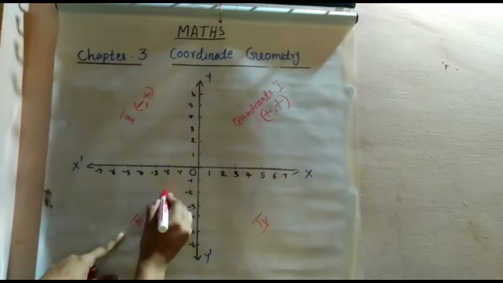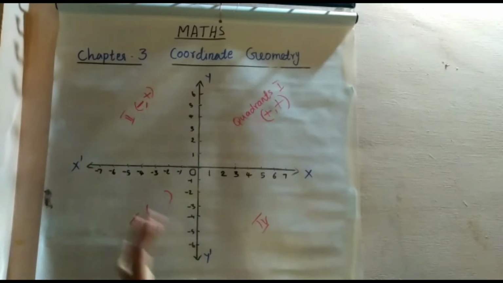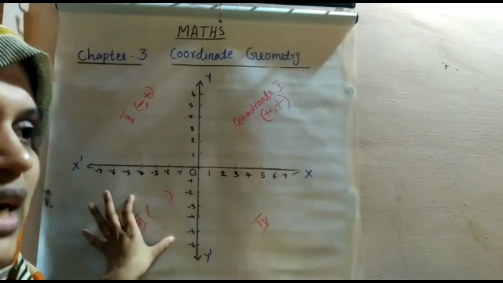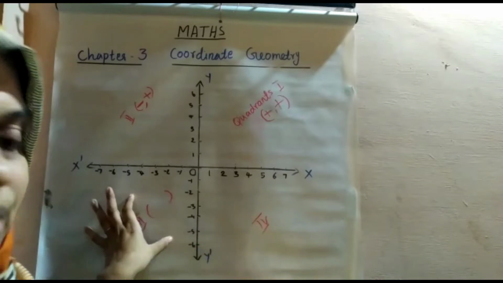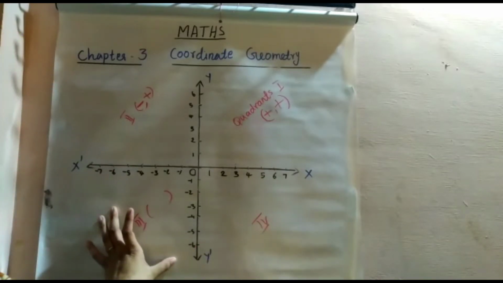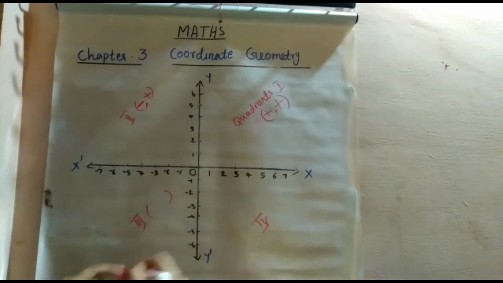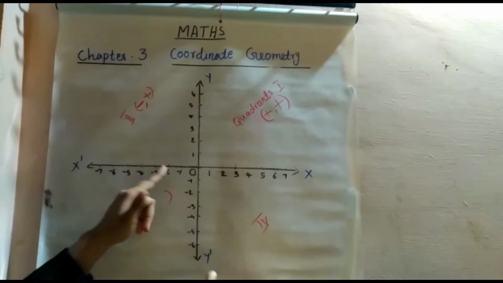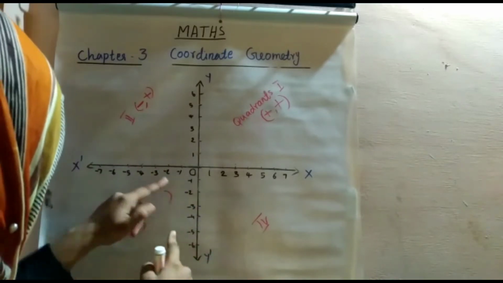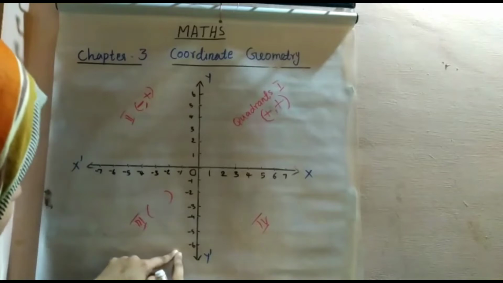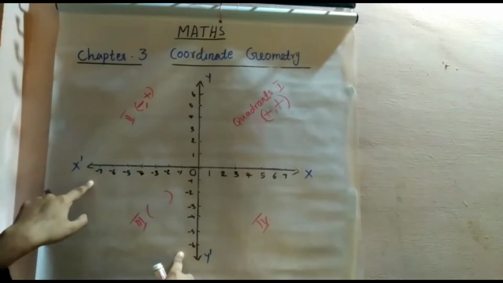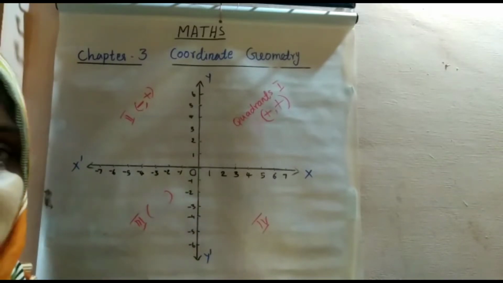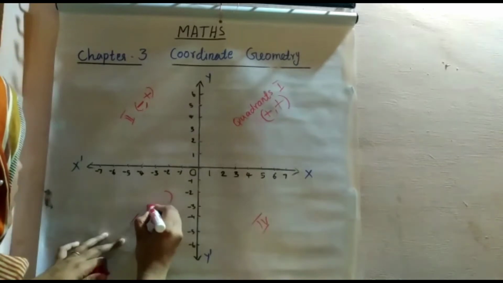In the third quadrant, suppose we need to find the position of a point from the third quadrant. What will be the sign of that one? See, here we have to consider only 2 axes, that is the negative y-axis and the negative x-axis. X and y both are negative. So, negative,